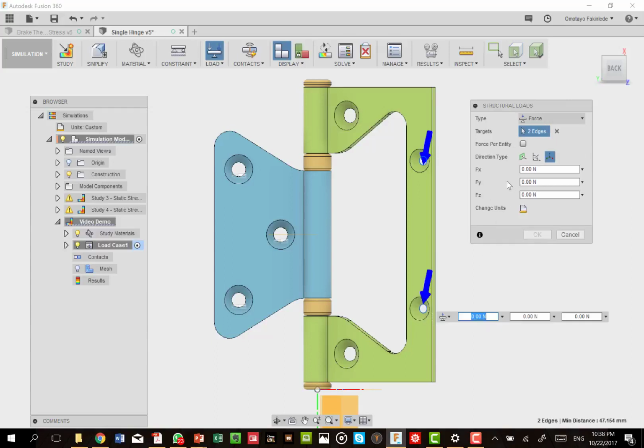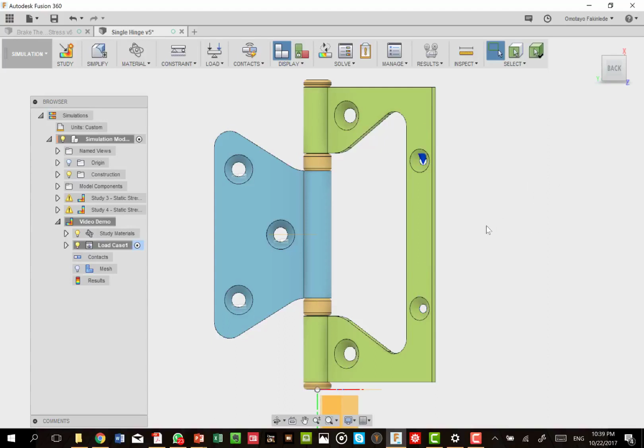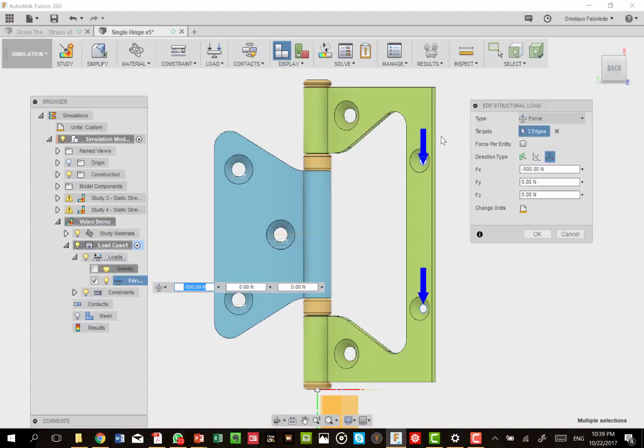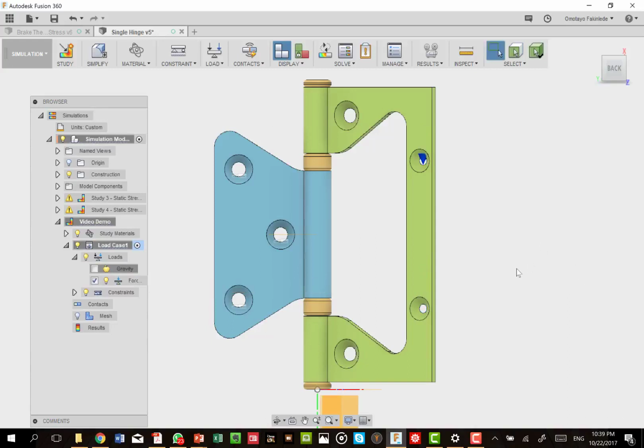We are going to look at our direction here. We are going to look at the negative x-axis, and we're going to put minus 500. Let us see how that works. So we can put minus 500 in those 2 places, and we can say OK. So we have the load in there.